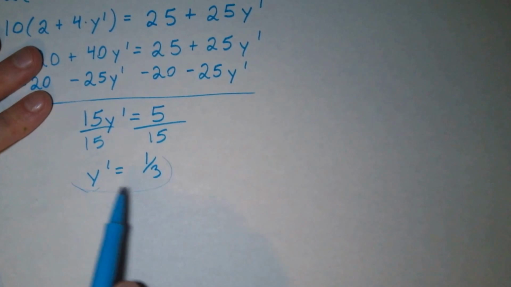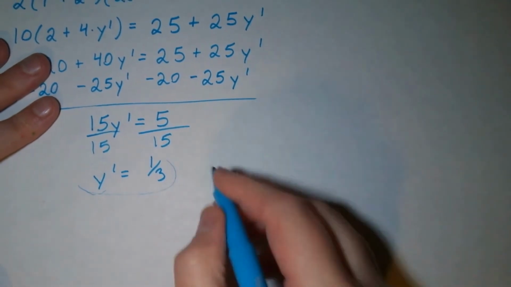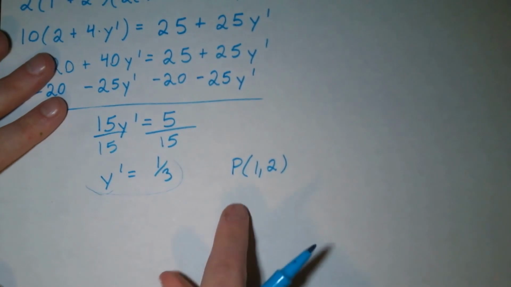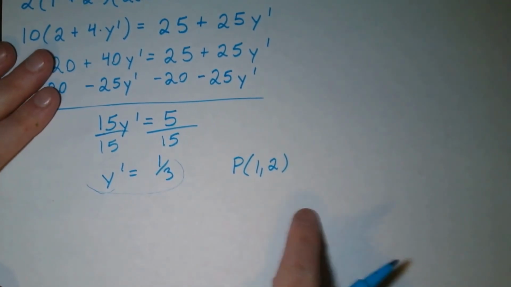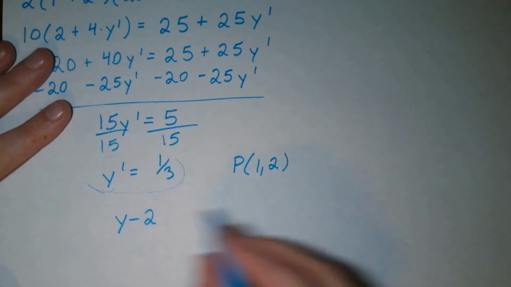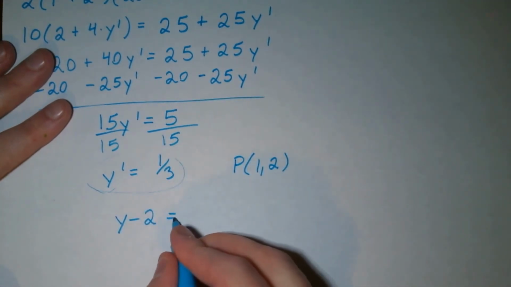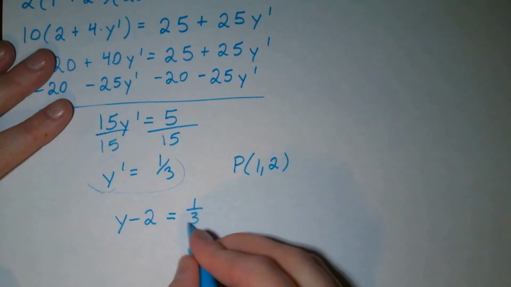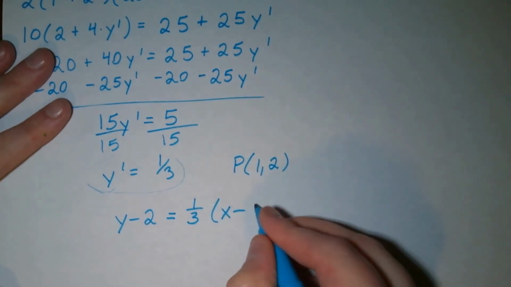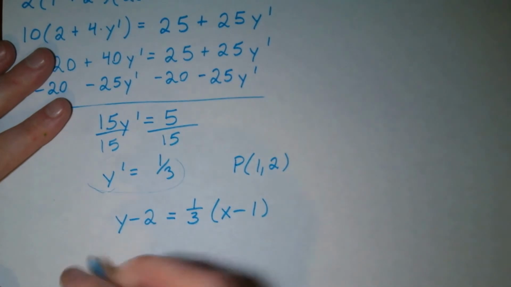Remember, this is my slope. And this is my slope for the point (1, 2). So if I want to figure out what the equation for the tangent line is going to be, it is going to be y minus 2, the y coordinate of my point, equal to 1/3, my slope, times x minus my x coordinate, which is 1. And that would be